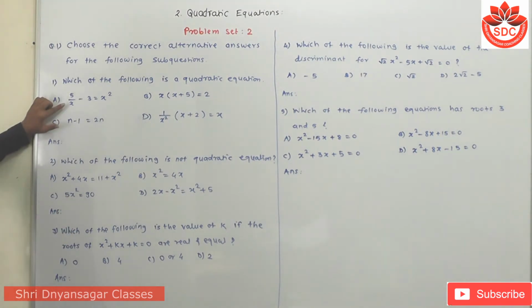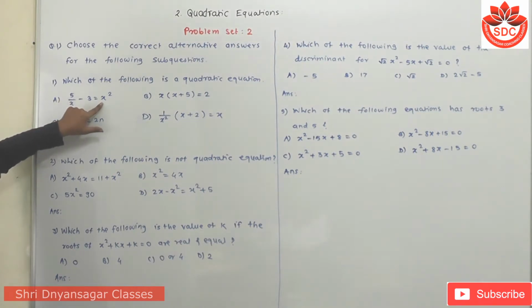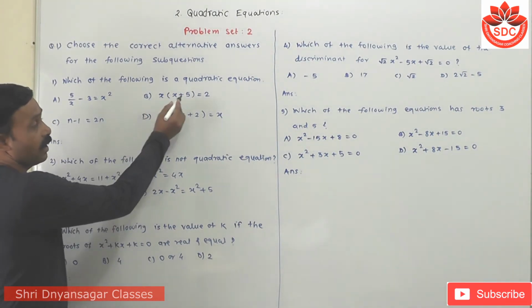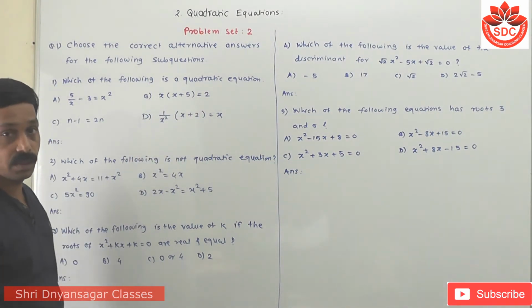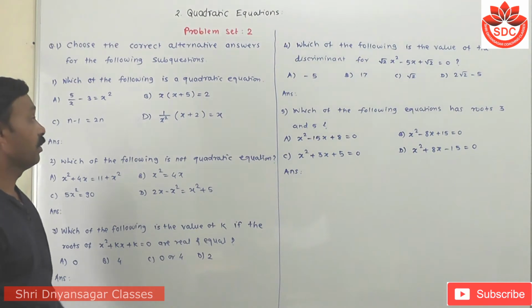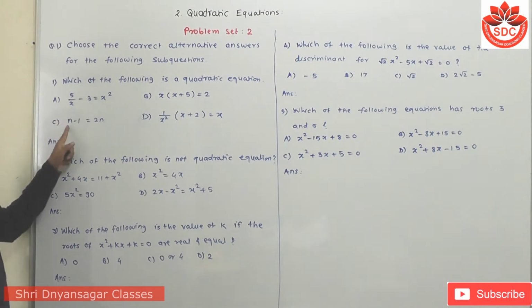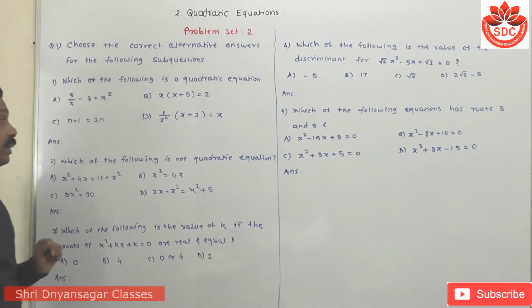Now observe carefully. For the first one, A, when we multiply both sides of the equation by x, then this x gets cancelled, but here the index is 3. So this is not a quadratic equation, because in a quadratic equation the index is 2. Now observe carefully, when we multiply this x to this bracket, we get x square plus 5x minus 2 is equal to 0. By comparing the index, it is 2, so it is a quadratic equation. For this, when we transpose this to the other side, then n is equal to minus 1. Here the index is 1. This is also not a quadratic equation.